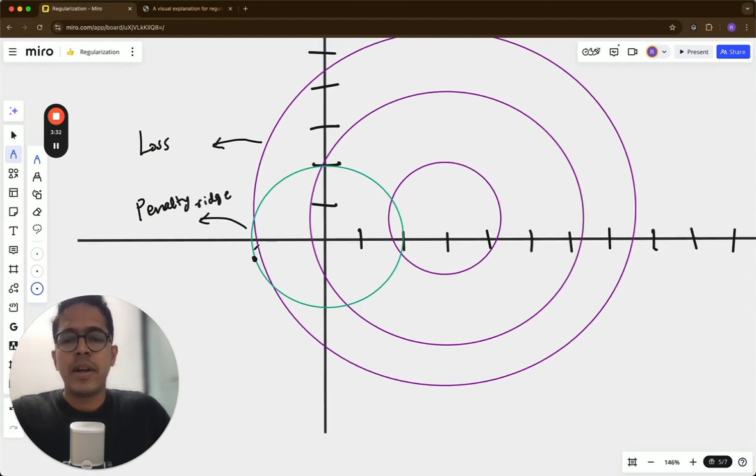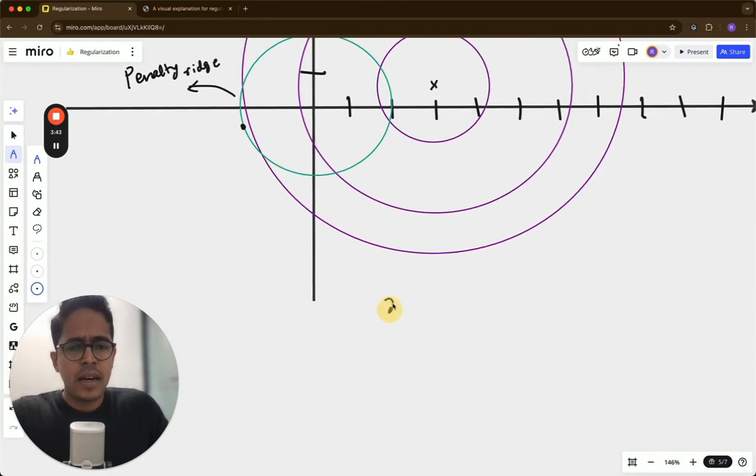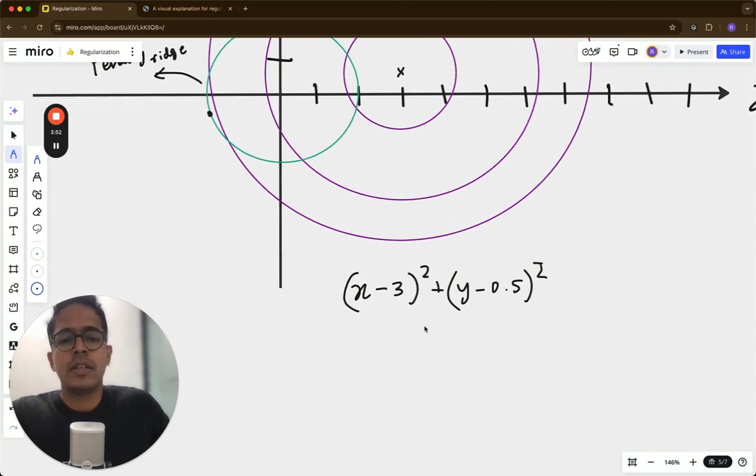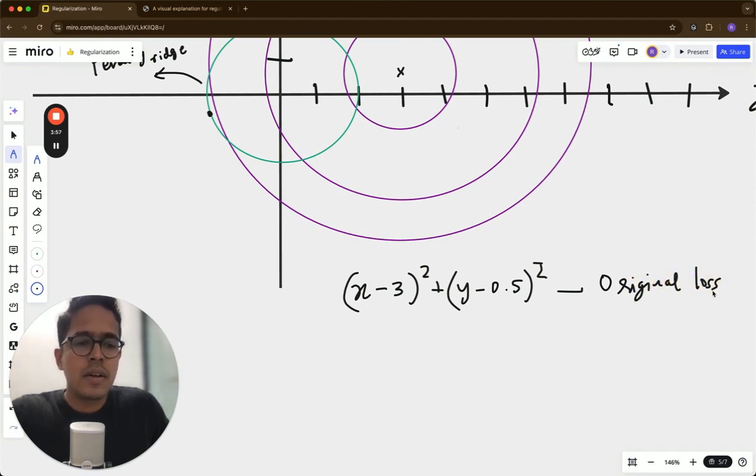But for this point, it is so far away from this minima, which is at x equal to 3 and y equal to 0.5, and that is the penalty due to the x minus 3 the whole square plus, I'll write it here, x minus 3 the whole square plus y minus 0.5 the whole square is the penalty due to the original loss term. And I'll just write original loss, and x square plus y square times lambda is there, but I'm not writing it, assuming lambda equal to 1. This is the ridge